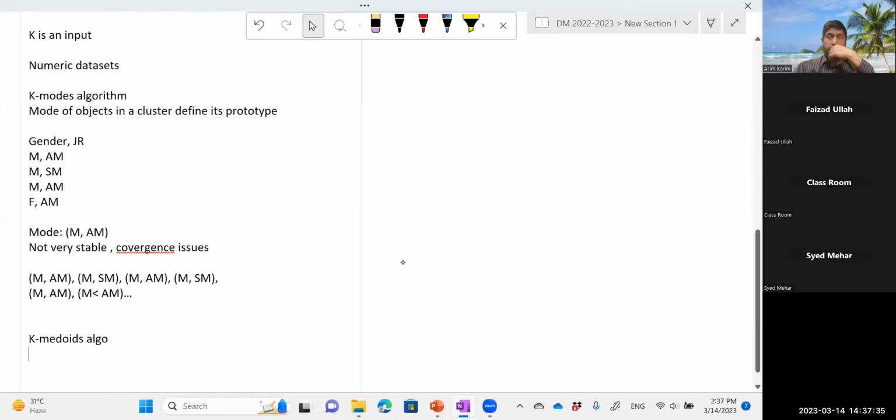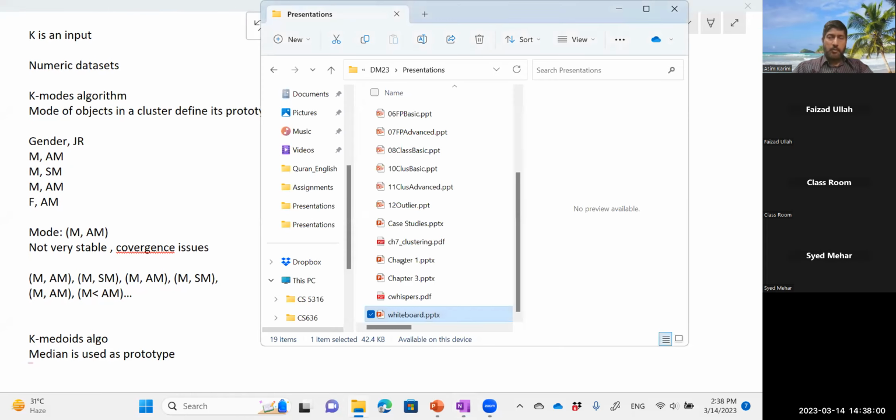ठीक है. So I think you can guess कि इसमें क्या होता है. K means में तो mean is representing the prototype. K mode में mode represent कर रहा है. तो यहाँ median is used as prototype. ठीक है. But median